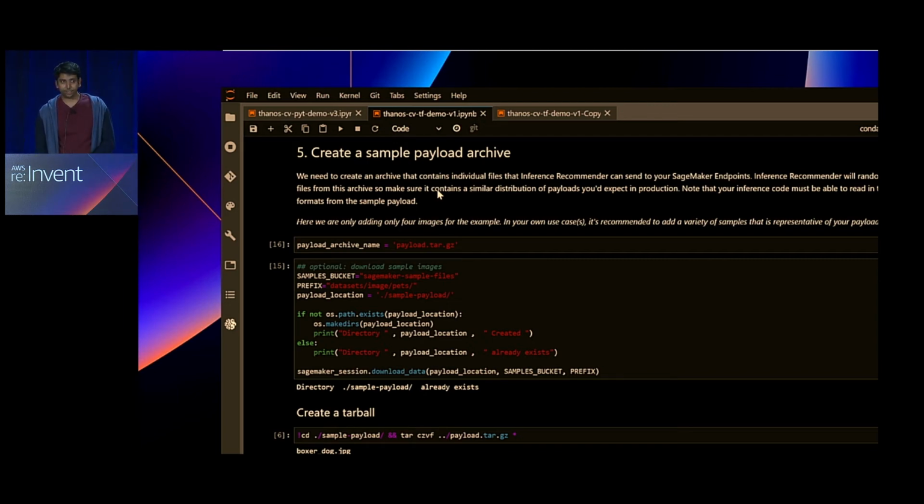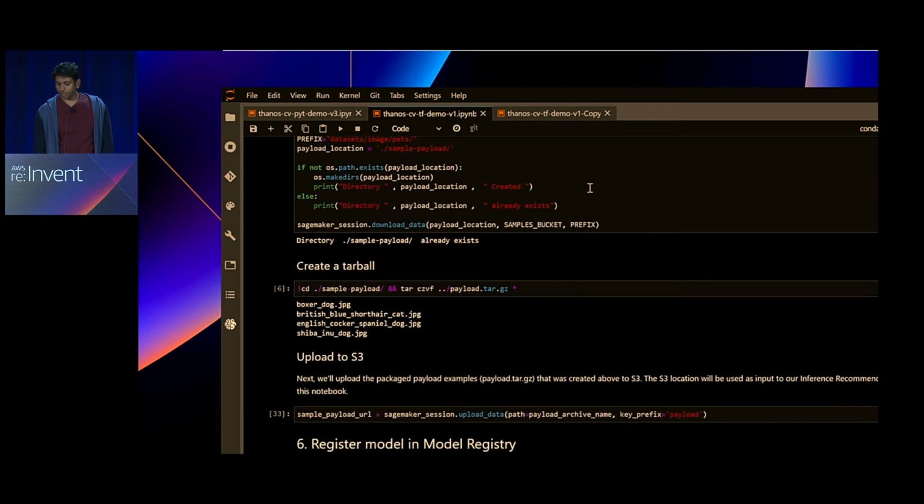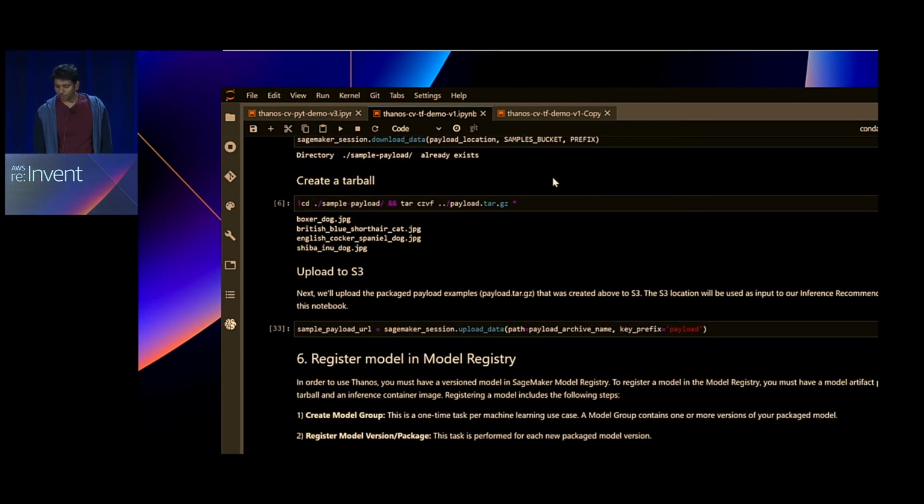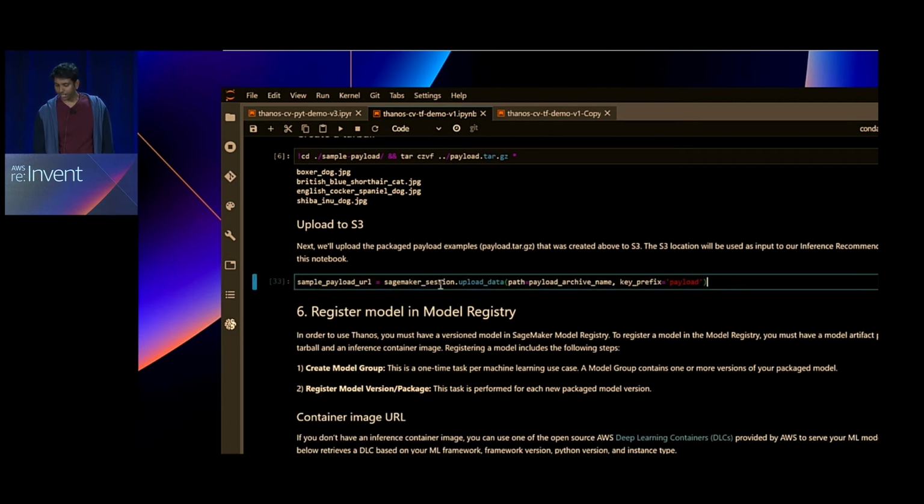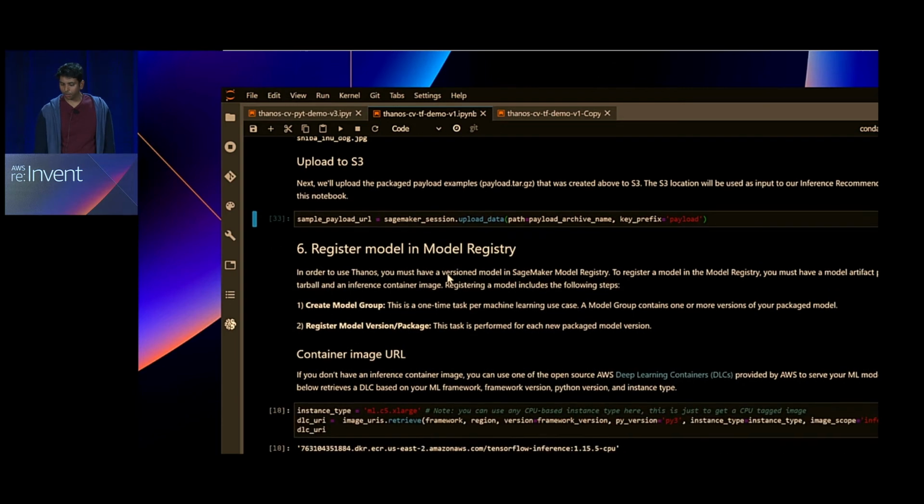So here we're taking a set of images, putting them into an archive, and Inference Recommender will automatically sample from this archive. It's recommended that you have a variety of samples that represents the distribution of payloads you expect in production. Once we create a quick tarball of all the payloads, in this case just various JPEG images, we upload that to S3 again using the SageMaker session variable.